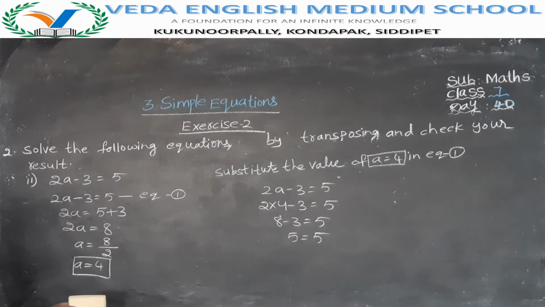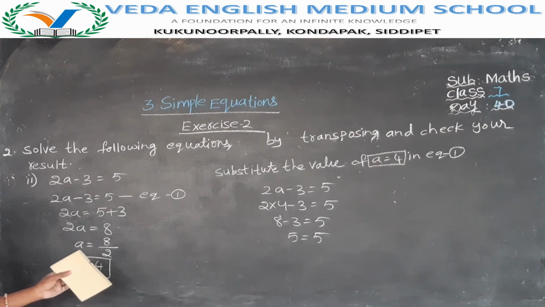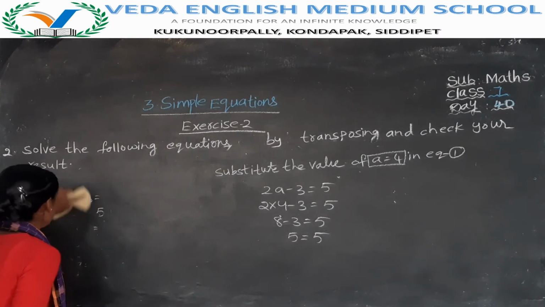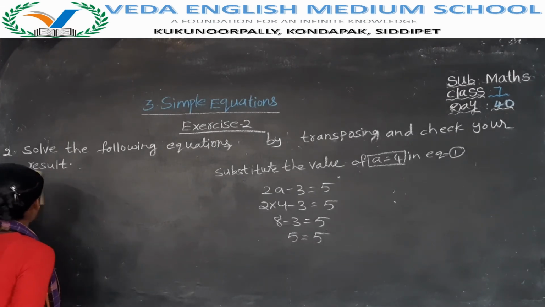So, in exercise second bit we have 10 problems. All the 10 problems are like this. So, only I will explain the 6th one and the 10th one. The remaining problems you have to complete. 6th question is